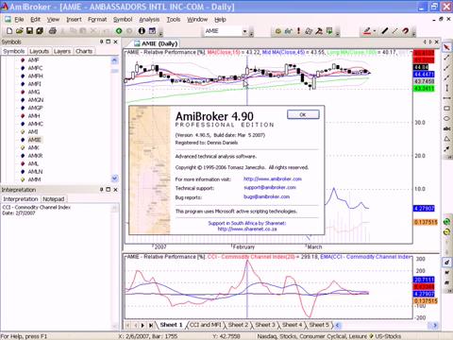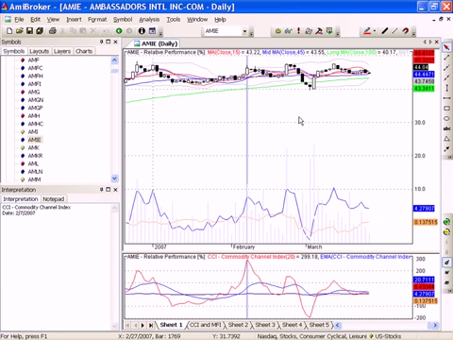AmiBroker 4.9, I believe, 4.9.5. And what I want to do is show you how I would clumsily, in my non-programming way, come up with a filter to identify when the CCI, Commodity Channel Index, is greater than or less than 200. So what I need to do is come up with a filter,